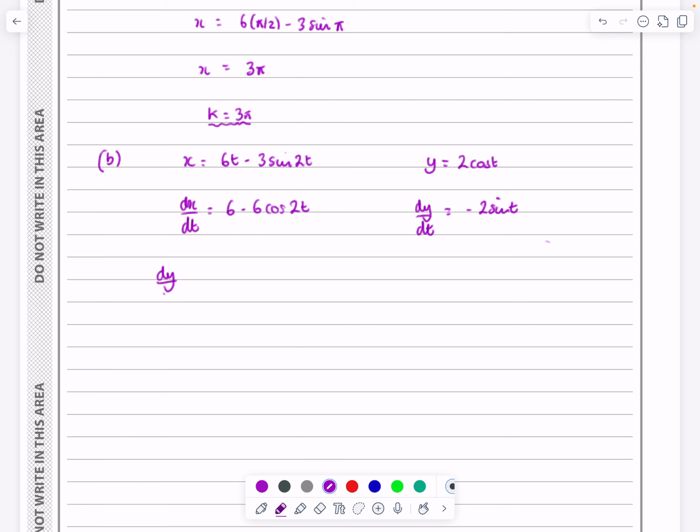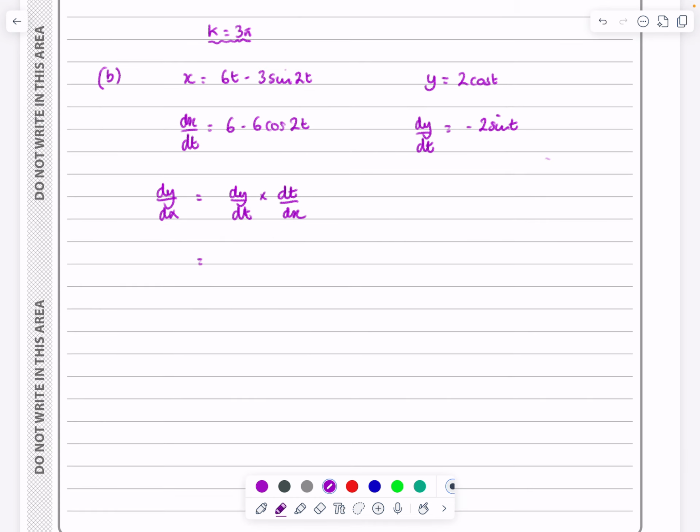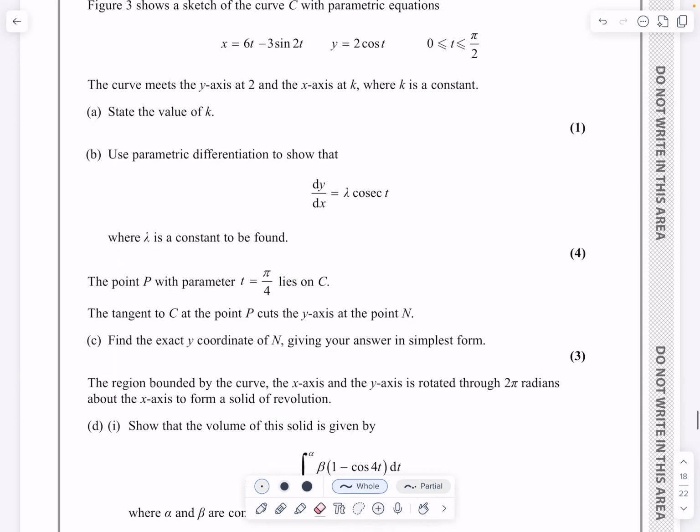So if I want dy by dx, that's going to be dy by dt multiplied by dt by dx. You'll have done loads of these, so obviously it's 1 over that one when we're doing it. So it's dy by dt, which was minus 2 sine t, all over 6 minus 6 cos 2t, and then we need to get that into the required format. So when you're trying to think about what I'm trying to get it to look like, let's go back and see, it's